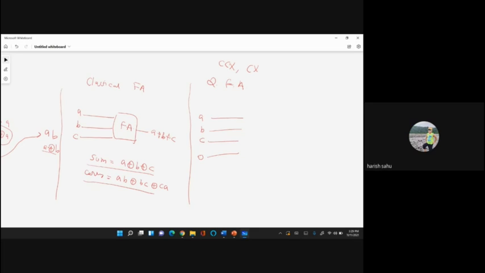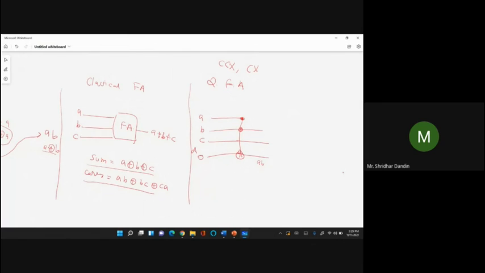Suppose I apply the CCX gate from here to here. A and B are controls, and our target is the last qubit, which you can call D. It is initialized with 0. So what do we have here? 0 XOR AB, so basically it is AB only.